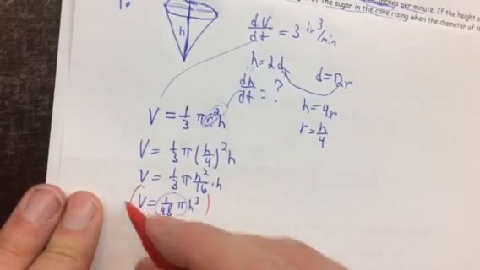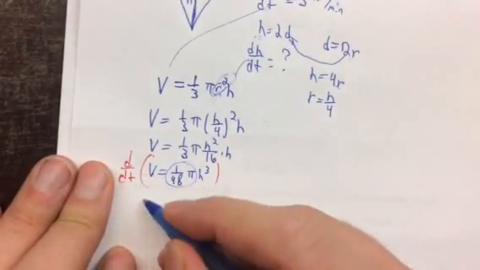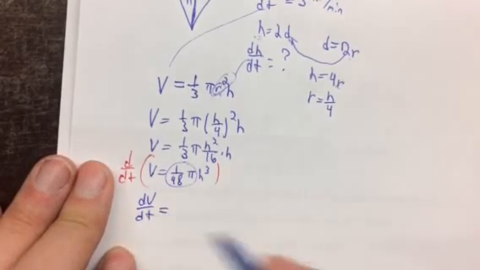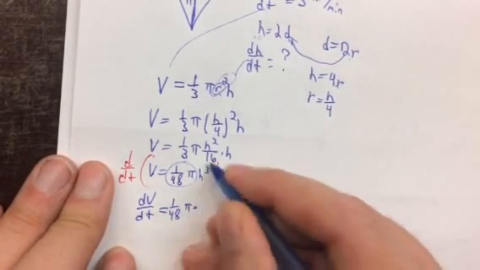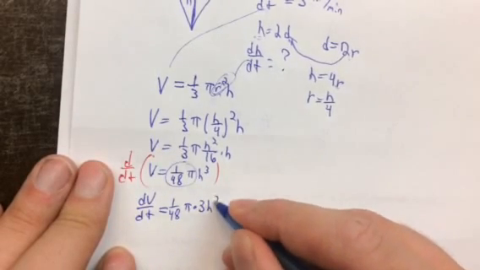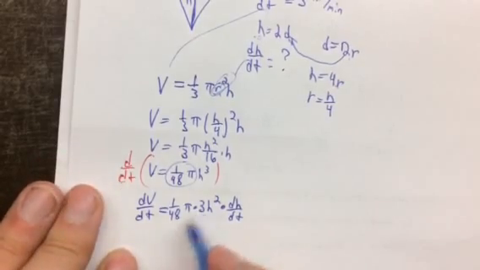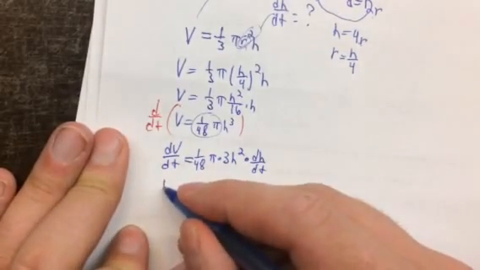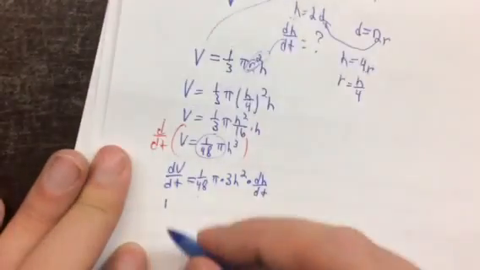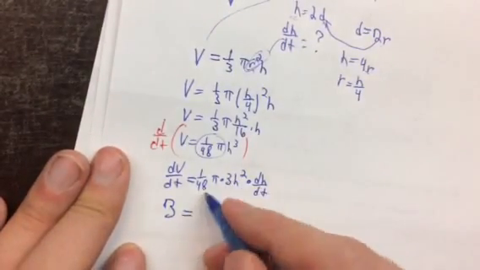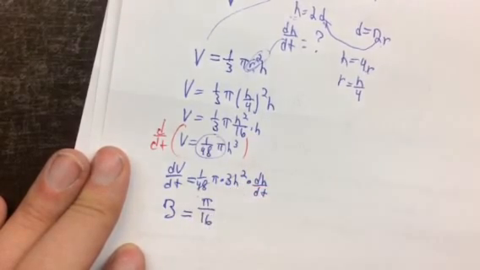When I do the derivative with respect to t, so I get dV/dt and dh/dt, the derivative of V is dV/dt. Here, this is all a constant, so it's just a constant multiplier. The derivative of h cubed is 3h squared times, by the chain rule, dh/dt. 3 divided by 48 is 1/16. Okay, now let's just plug some stuff in. dV/dt, we already know, is 3 inches per minute. This is pi over 16 now, because I can cancel out a 3 and cancel out a 3,